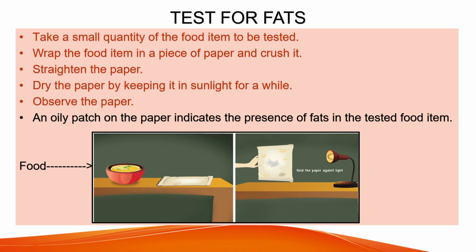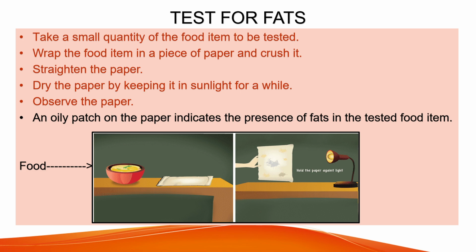Students, you must have seen at your home also, if you apply oil on a chapati to make a paratha and then keep that paratha on a tissue paper, you can see an oily patch on the tissue paper. It is similar to the oily patch that we have on this paper, and if you look through this oily patch, you can see things but not very clearly, because this oily patch makes the paper